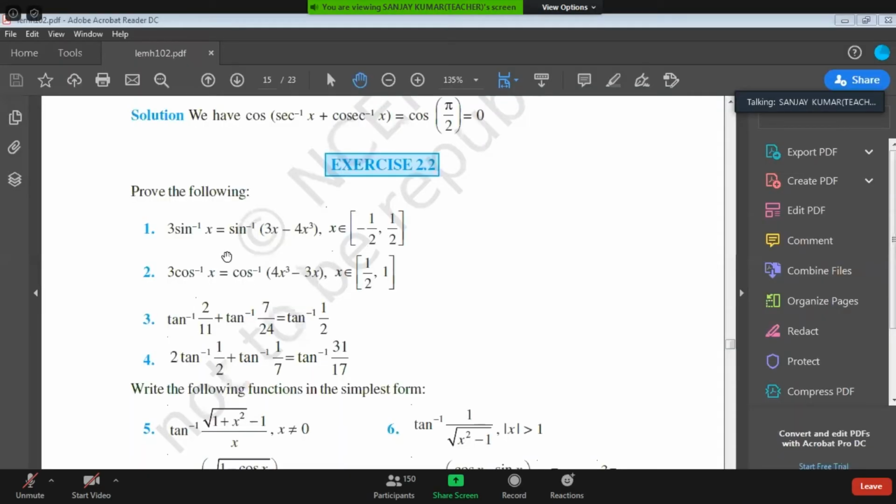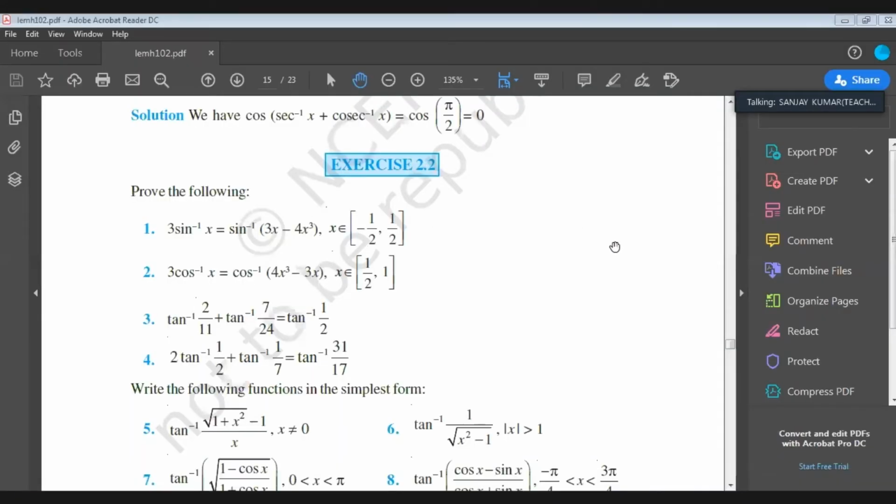देखो, now we start these questions. We start exercise 2.2. Okay, now I'm starting exercise 2.2. In exercise 2.2, the type C question, the last type of the inverse trigo. If you see the first question and second and fifth onward, this is type third. Now we start type third. Okay, मैं अब इसकी last type start कर रहा हूँ. After that inverse trigo is finished.